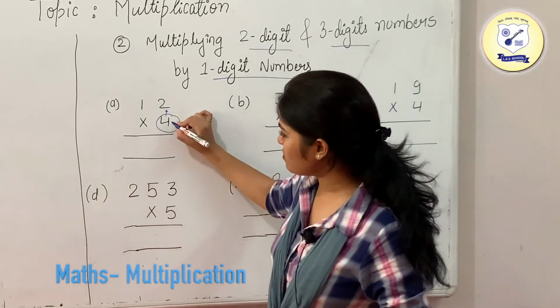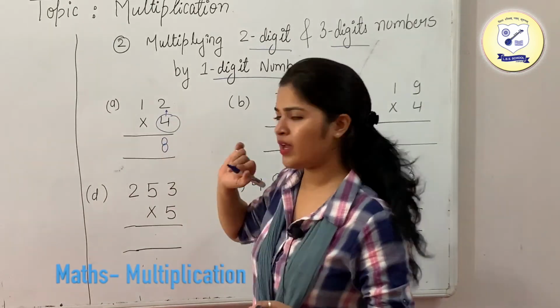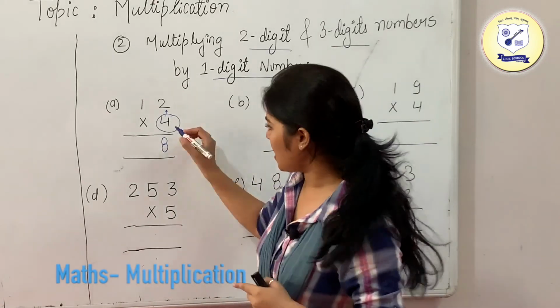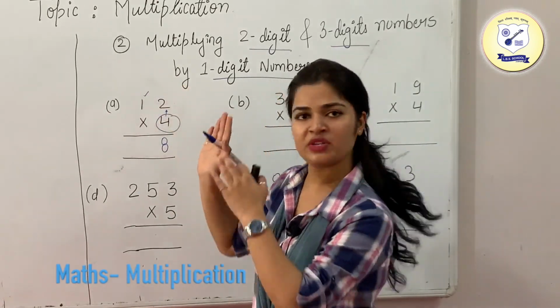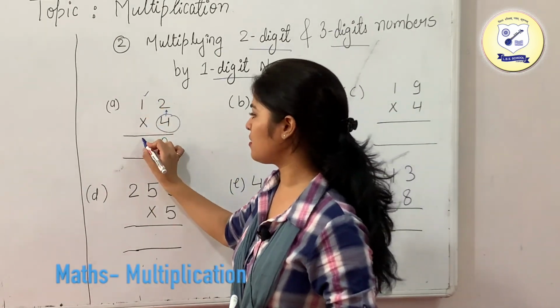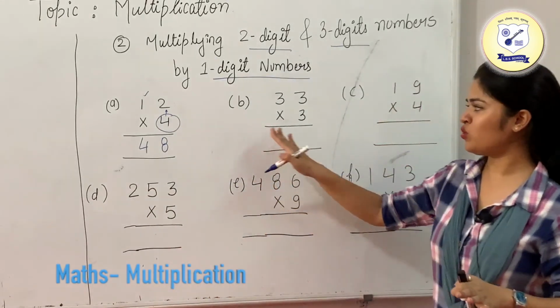Okay. So first multiply it with 2. 4 2s are 8. We know the table of 4 now. So 4 1s are 4 and 4 2s are 8. Now just multiply it with the 10th-digit number, which is going to be the next number. So 4 2s are 8 and 4 1s are 4. That's it. Okay. Now we'll move to the next one.